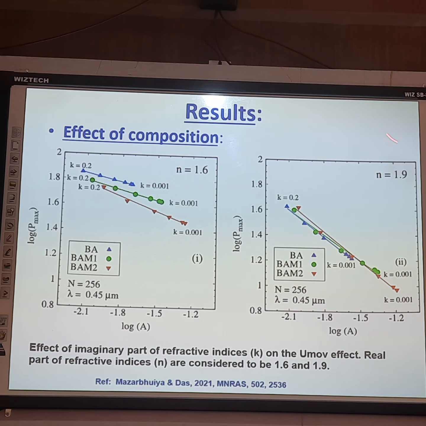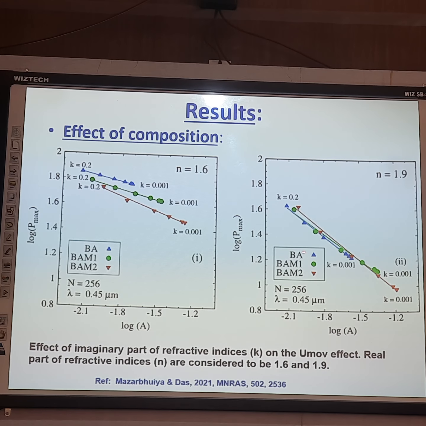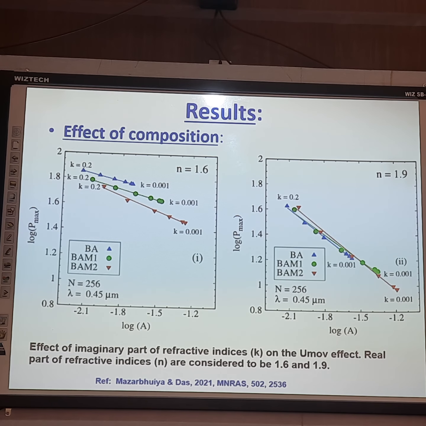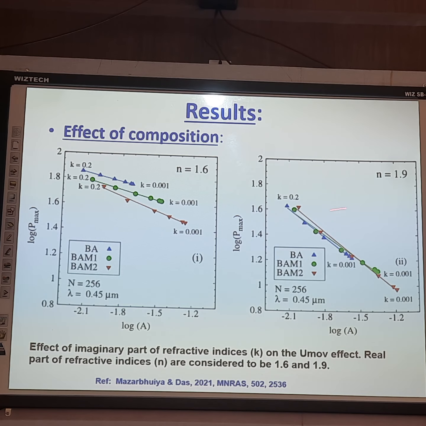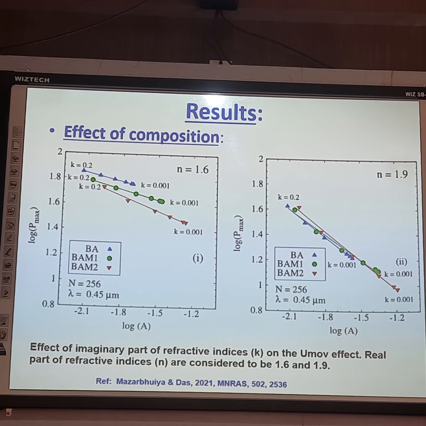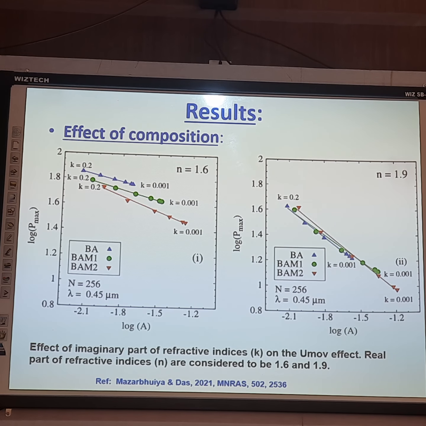So it is clear from these two plots that if you consider silicate type particles, it will show you more Pmax as compared to carbonaceous particles. So a more absorbing particle will show less Pmax in the case of these highly absorbing particles. These are the two cases we considered. Now we are particularly concentrating on carbonaceous particles, because as I told you, 67% of the particles in asteroids are carbonaceous. So now we are particularly concentrating on carbonaceous type particles, and we have got some interesting results. So probably I'll show you in the next NEMA.